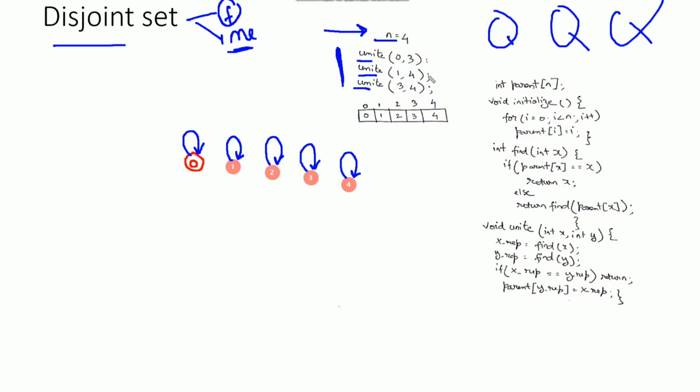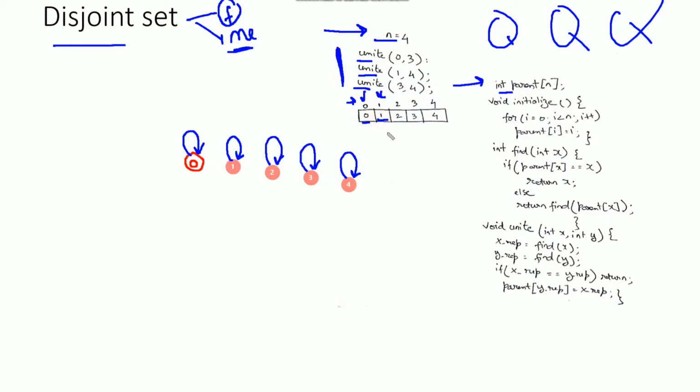Initially, I will create the parent array, and this parent array will have the representative of each particular data. Suppose the size of the parent array is from 0 to 4, and the representative of data 0 is 0. The representative of data 1 is 1.